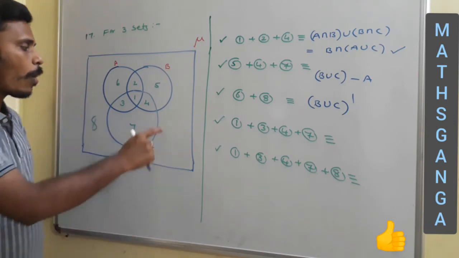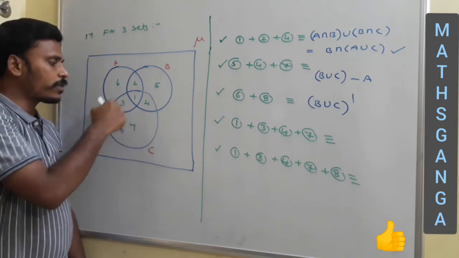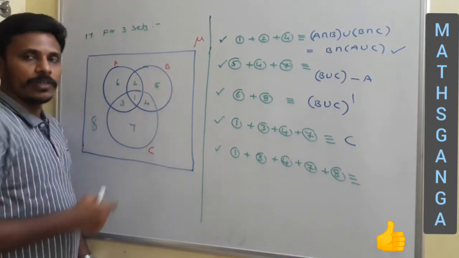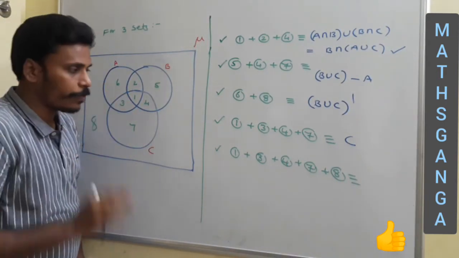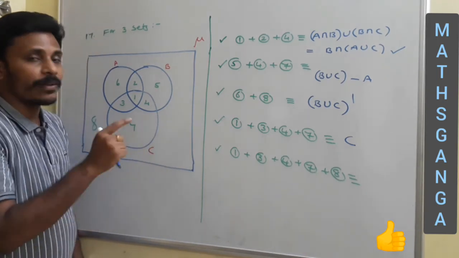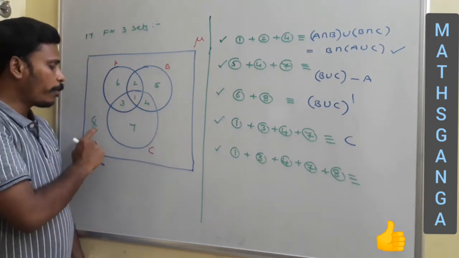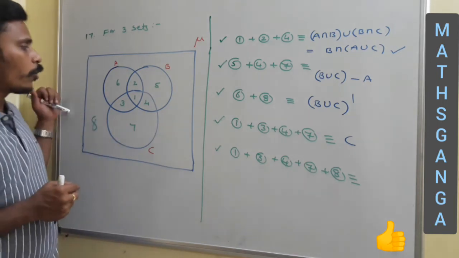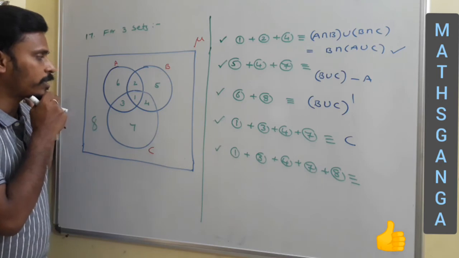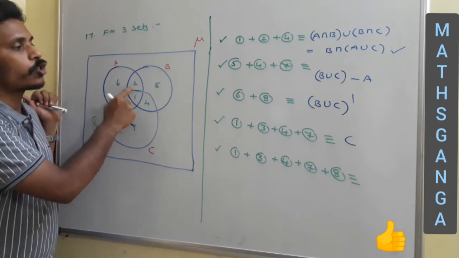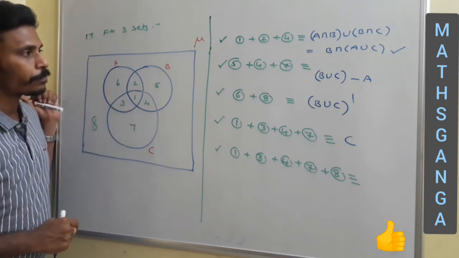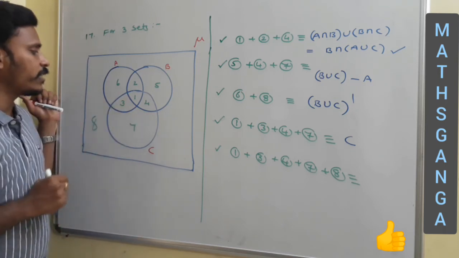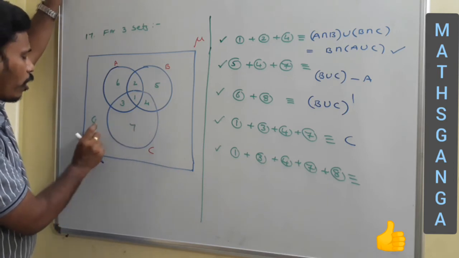Okay. And now 1 plus 3 plus 4 plus 7. This 1 plus 3 plus 4 plus 7 is clearly set C. In the same way, 2, 1, 4, 5 is set B, 2, 1, 3, 6 is set A. Now the last one, 1, 3, 4, 7 plus 8. So this is set C, and 8 is also involved. Set C plus 8. So how to represent? Set C plus 8 means I need to eliminate 6, 2, 5 actually. Just think about it. This 1, 3, 4, 7 plus 8 is involved. Set C along with this 8.